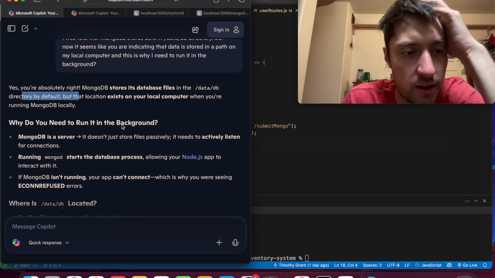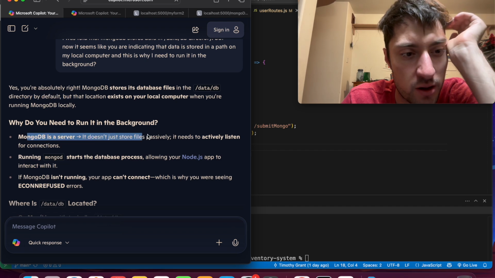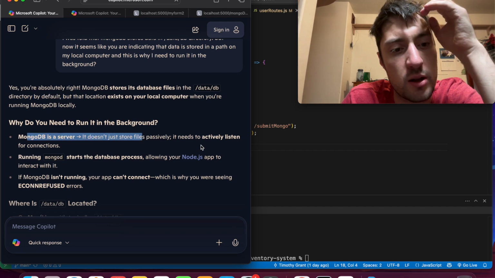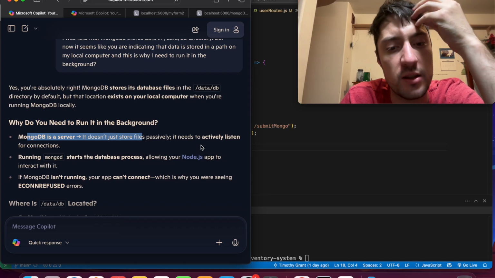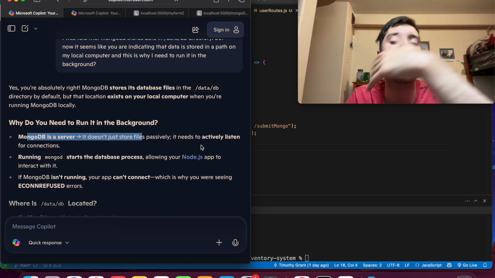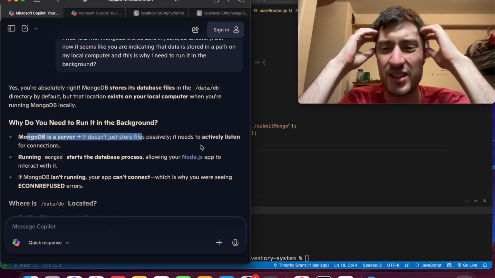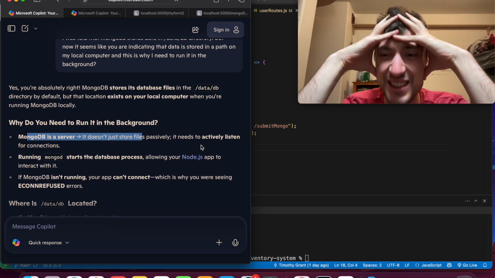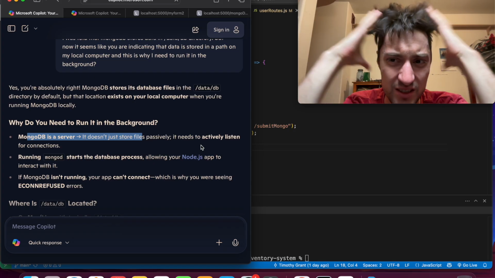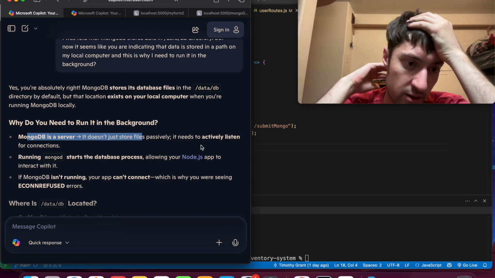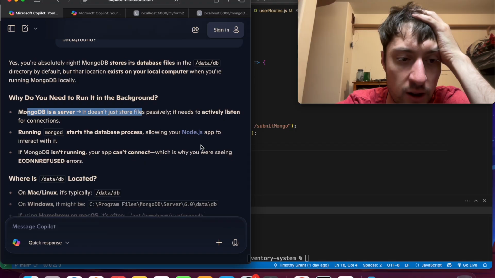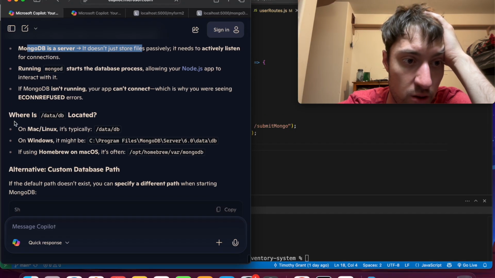Why do you need to run it in the background? MongoDB is a server. It doesn't just store files passively. It needs to actively listen for connections. Oh, okay. So it's listening for connections, and then maybe we're going to get that file when it makes a connection. I don't know. If MongoDB isn't running, your app won't connect. Okay, so where is this located on my Mac? It's typically here. On Windows, it might be here. If Homebrew,